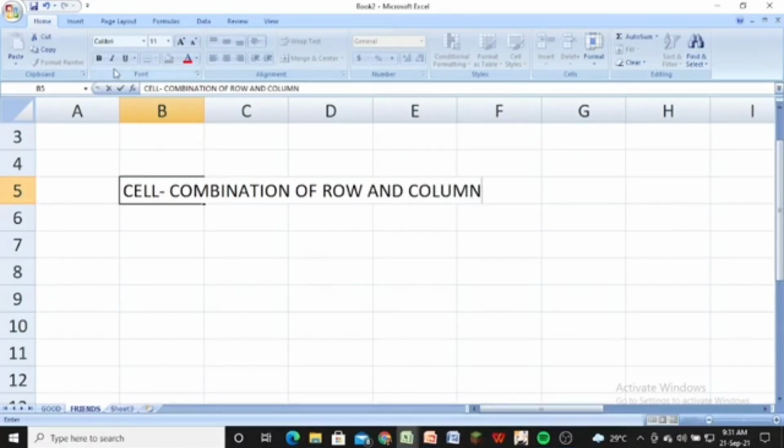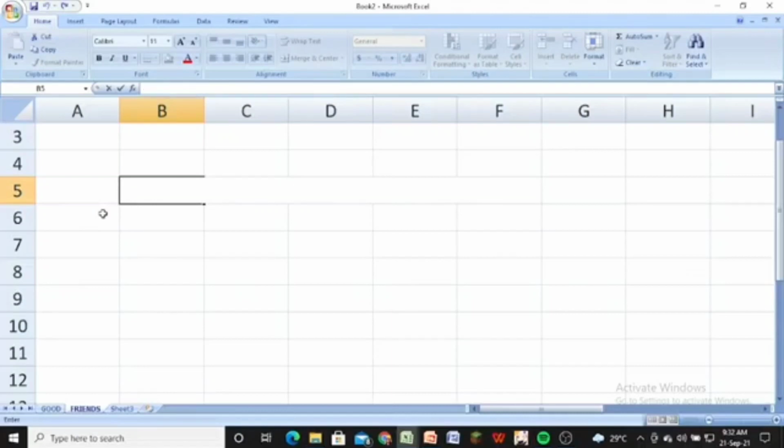So now children, what is a formula? When we want to add something, or when we want to subtract something, we take the help of the formula. All the formulas are displayed in the formula bar. Now as you can see, I am in column number D and row number 8. So it is mentioned in the name box.